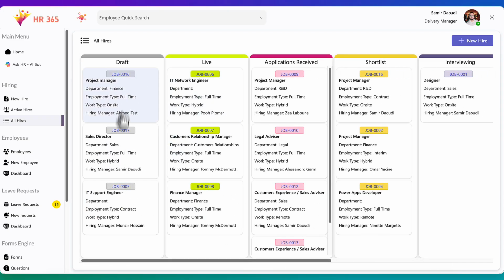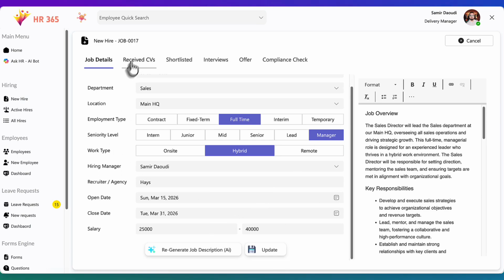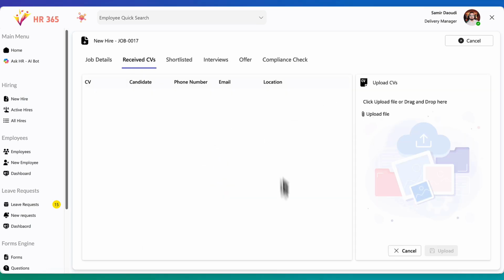If I click on the job that we have just created a minute ago, I get all the information here. This is where you're going to start seeing the CVs received and their respective scores and the CV extracted key information. And you go through the different parts of the process, which we will cover in